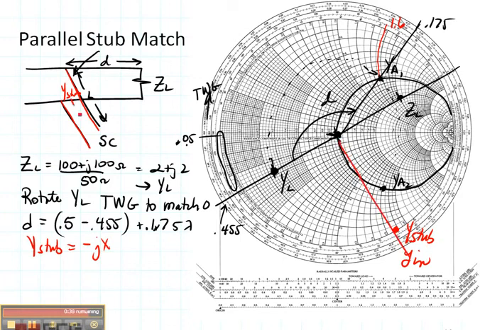And then I'm going to rotate towards the load of the stub, to Y short circuit. Y short circuit is over here. So let's rotate towards the load this distance right there. And we can read that L is equal to, read on this inside curve right there, 0.25, my final destination, minus the value that's right there, which is about 0.165 wavelengths. So that's my distance L. If you were asked to design a parallel